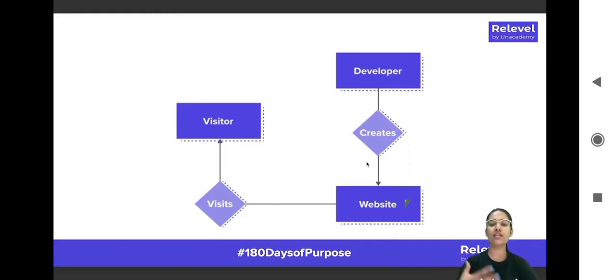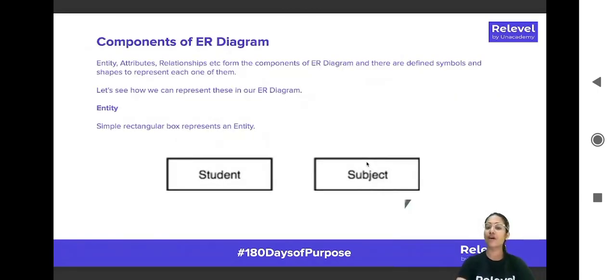Now we are going to understand a few key components around it. You must be seeing we have some rectangular boxes, we have some diamond kind of boxes, right? So we'll understand what the meaning is and what the key things are that you need to understand to actually make an ER diagram. All right, so let's quickly get started on that. First, like I said, we'll talk about the components. Entity, attributes, and relationships form the components of an ER diagram, and there are defined symbols and shapes to represent each of